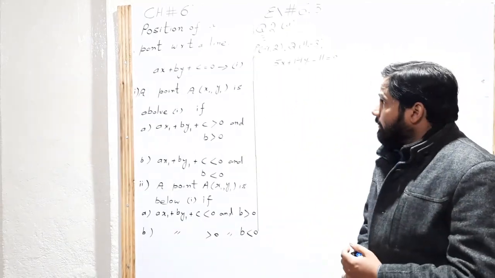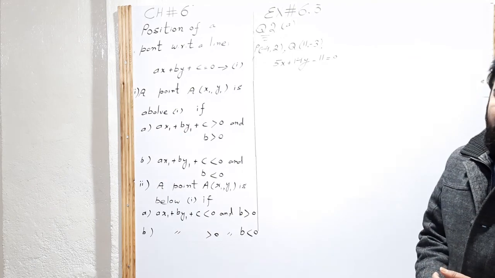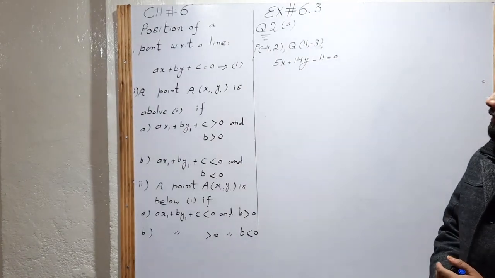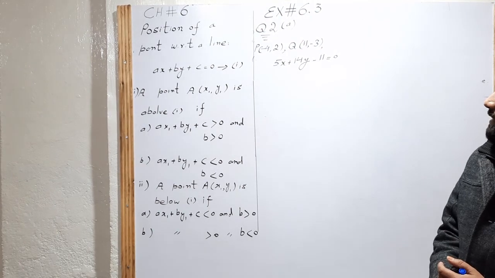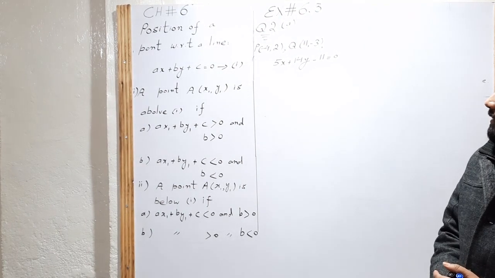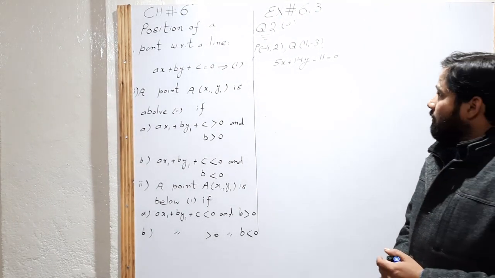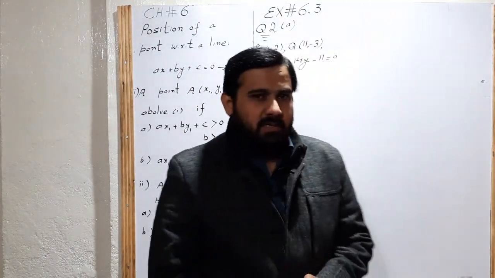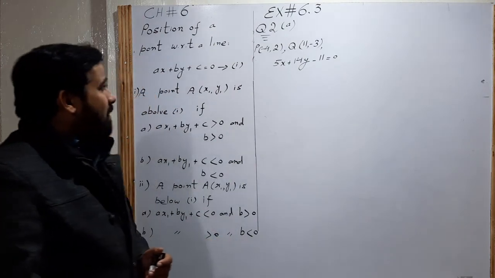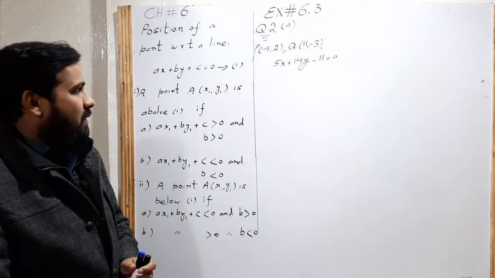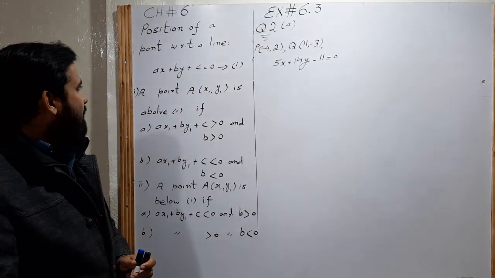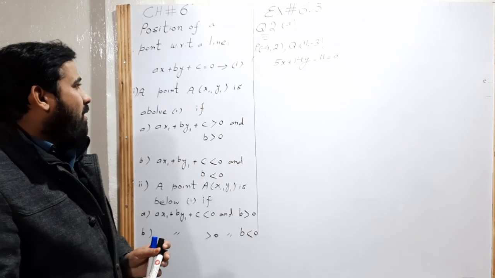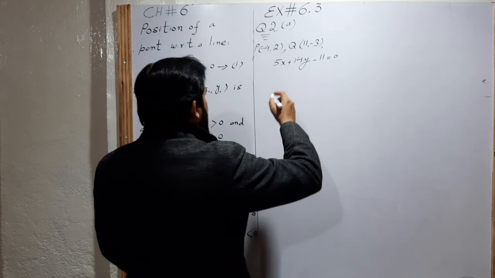Dear student, today we will start exercise 6.3 related to plane, analytic geometry and straight line. The question statement is whether the 2 points lie on the opposite side of the line or the same side, or whether the points lie above the line or below the line. Last time we discussed how to find whether the points lie above or below the line. In this case, clearly